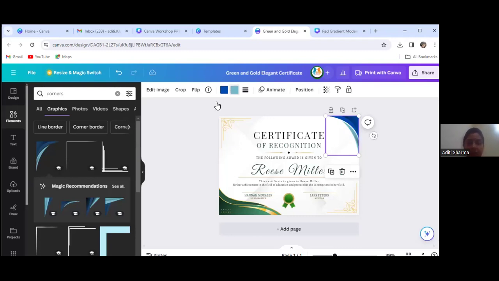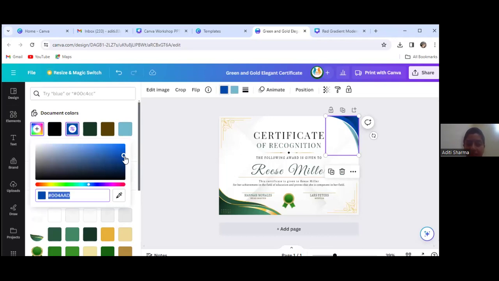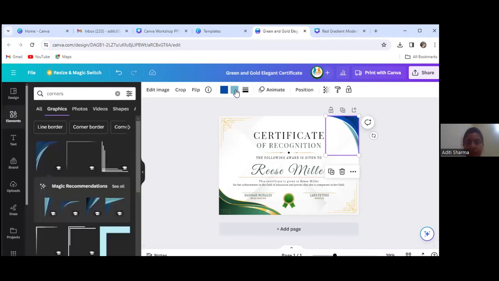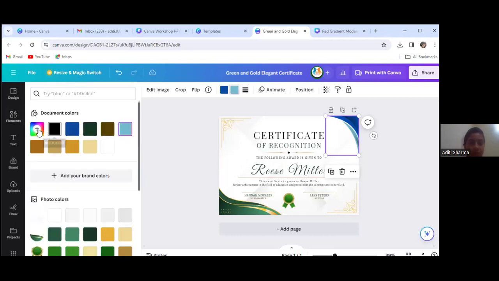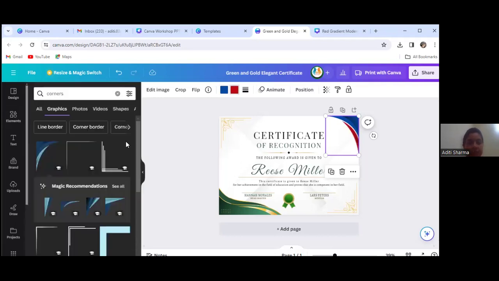Now light color. ये जो blue color है, it is too dark. I want to change this to lighter one. We can shade it like this. उसी कलर को अगर आप प्रेस करेंगे तो आप अपने अकॉर्डिंग डार्कर और लाइट शेड यू कैन एडजस्ट इट. और यहाँ कलर्स से आप कोई दूसरा कलर भी चॉइस कर सकते हैं. इज इट क्लियर?